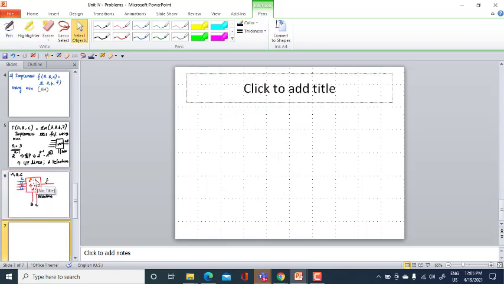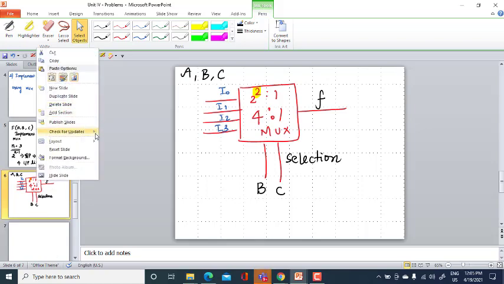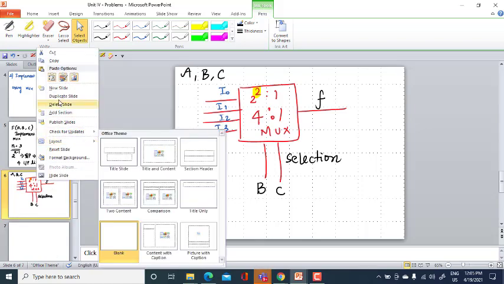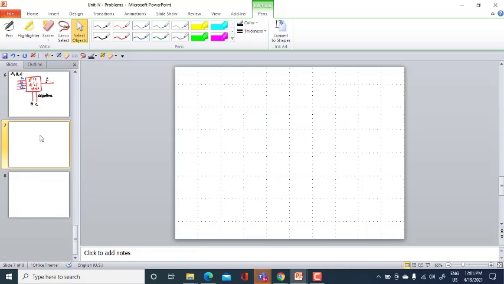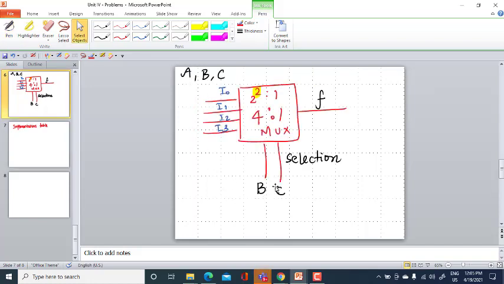Since I have taken B and C as the selection lines, let me draw the implementation table. Other than B, C, what is the only variable left? That is A. A can have 2 values, 0 and 1.